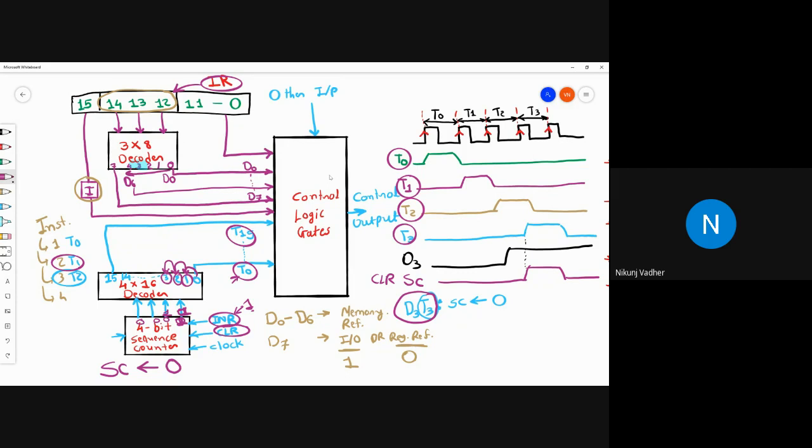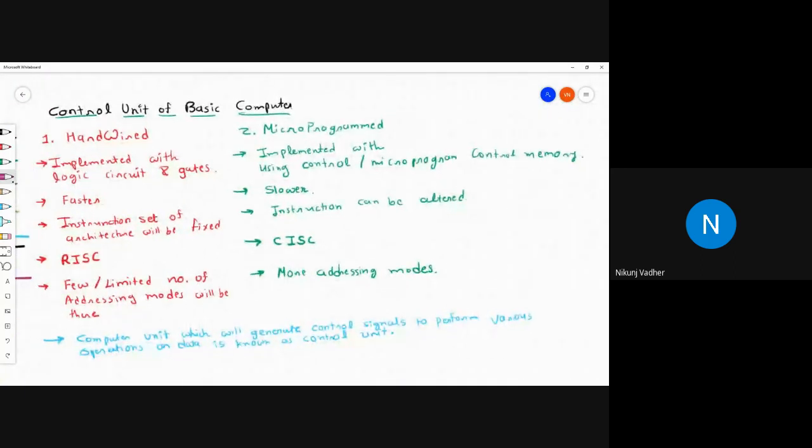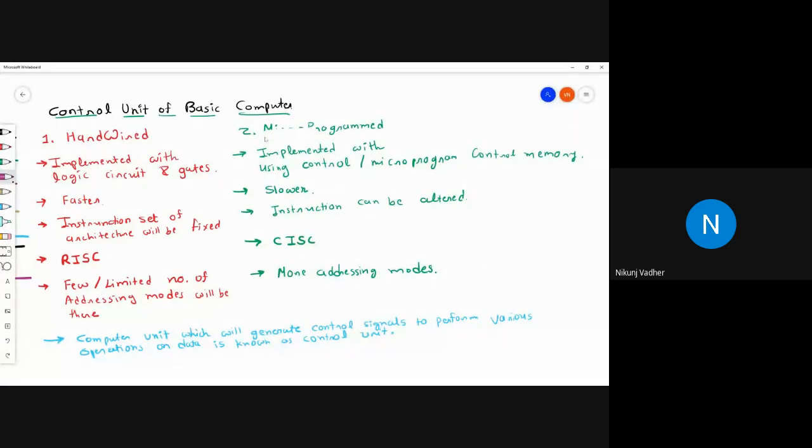So the instruction will be divided into steps, and the timing signals T0 to T15 will be responsible for executing those steps. The information about these steps will be stored in the control memory. That is microprogram control.